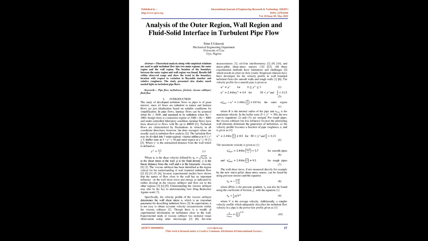Introduction. The study of developed turbulent flows in pipes is of great importance. Measurements include oil film interferometry and micropillar shear stress sensors. All these experimental methods have limitations and challenges too, which results in errors in their results. Empirical relations have been developed for the velocity profile in wall-bounded turbulent flows for smooth walls and rough walls. The velocity profile for a smooth pipe is given as